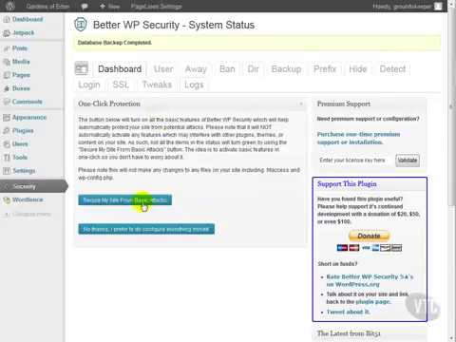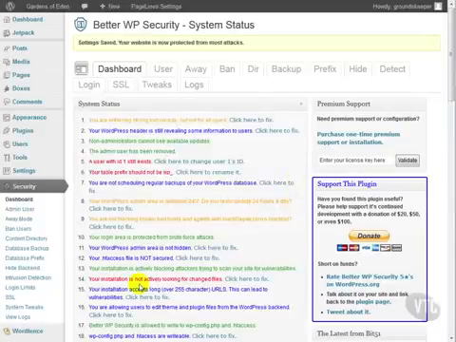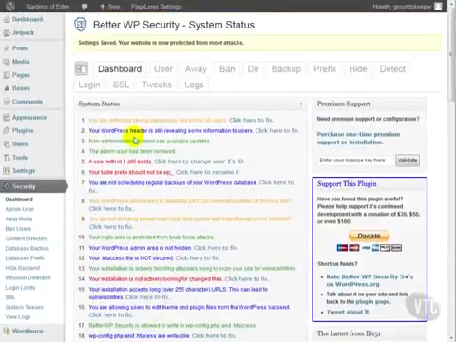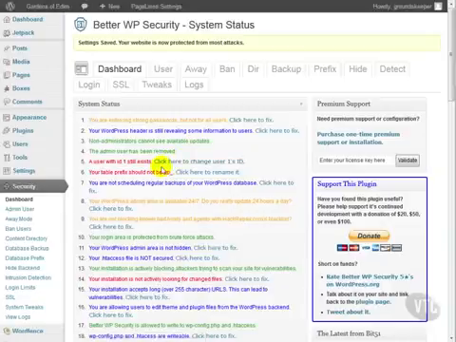Now you can do "Secure my site from basic attacks." Just click one button and you get system statuses about certain items, and they're color coded to let you know how critical they are that they be performed. For instance, a user with ID 1 still exists. ID 1 is usually the administrator account, and that account is targeted with the ID in certain attacks. So anytime you can change the user ID of the administrator user, that's an extra step of protection that you